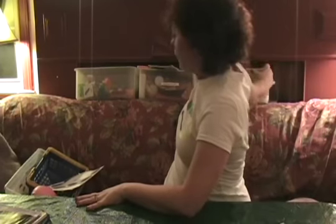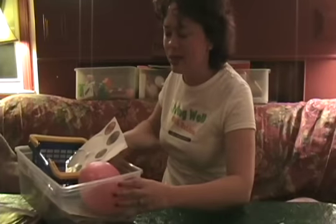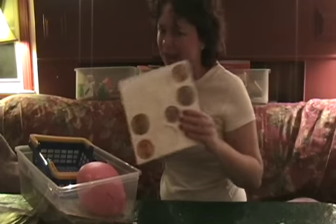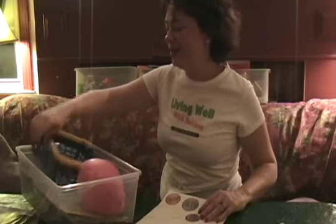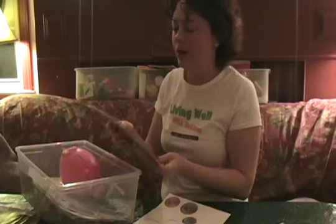Oh yeah. Money skills. Money skills are hard these days. Have you noticed how hard it is to teach kids about money since they've changed the look of all the quarters and nickels and dimes? I think it's more difficult to teach them coin recognition. So again, I like to start with a book, and this one is one of the,